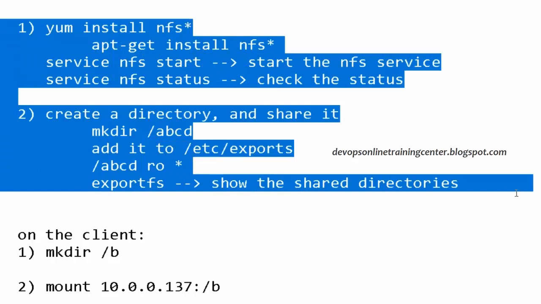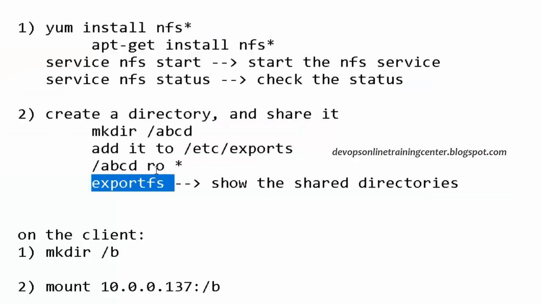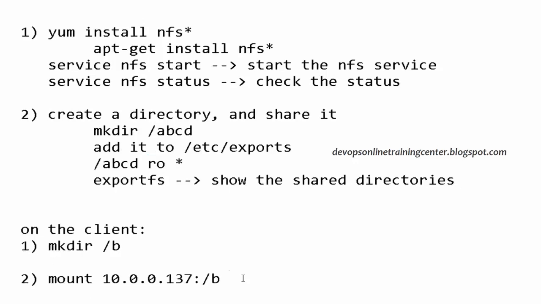Because if someone does rm -rf on the server from the client, all the directories will be removed from everyone's machines. So to avoid that we make it read only, so that people can copy the files from the shared directory but cannot write anything to it. It says permission denied.